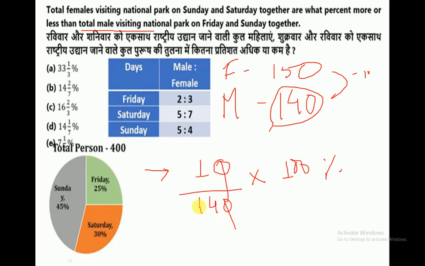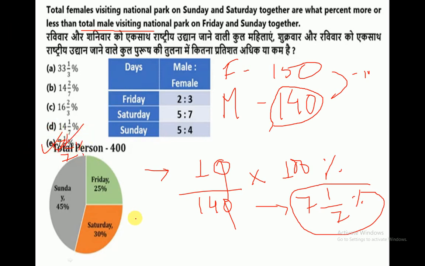So this is 1 by 14. So 1 by 14, when we convert it to percentage, it's 7 1 by 7 percentage, right? So yeah, this is 7 1 by 7 percentage. So this is our second sum. Alright,